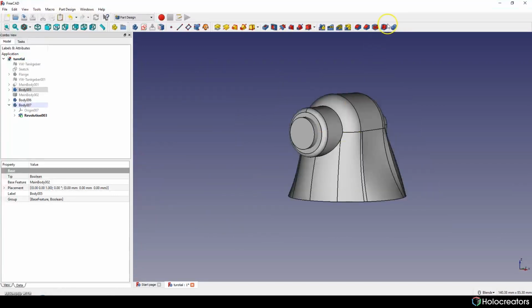So what we need is to make some Boolean operation, but before doing this